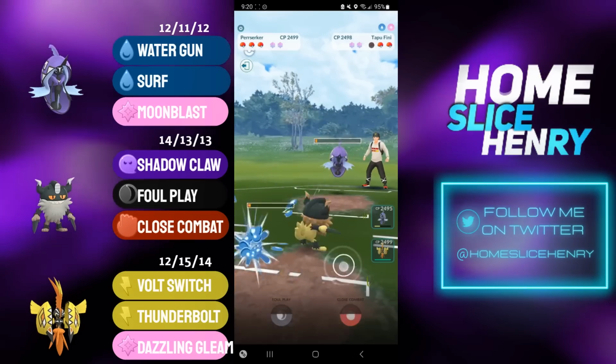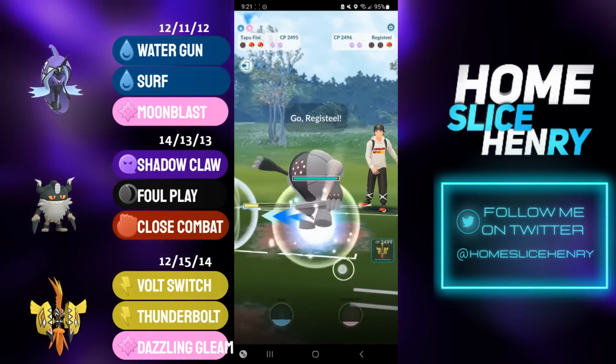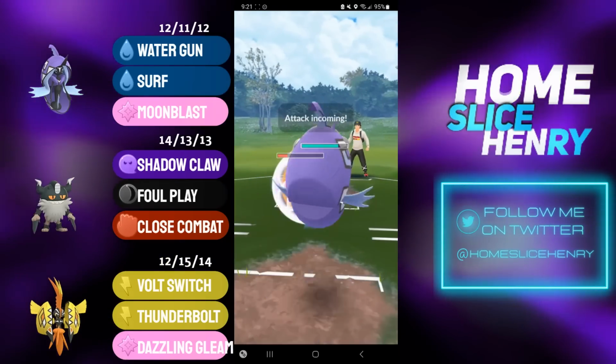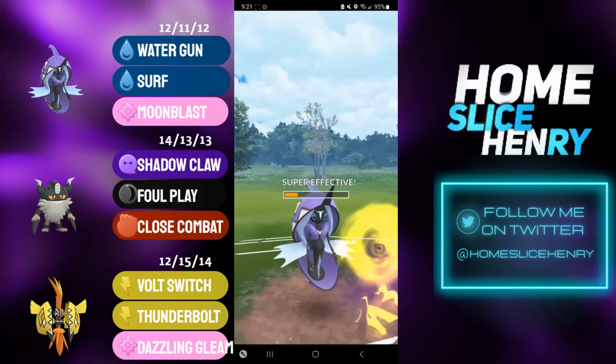Opponent sends back in the Tapu Fini. Tapu Fini gets the farm down. I send in my own, get the farm down. In the back, they have a Registeel, and at this point, I should be in a great spot. I definitely should have thrown the Surf, but ideally, I basically just wanted to force them into throwing their energy,